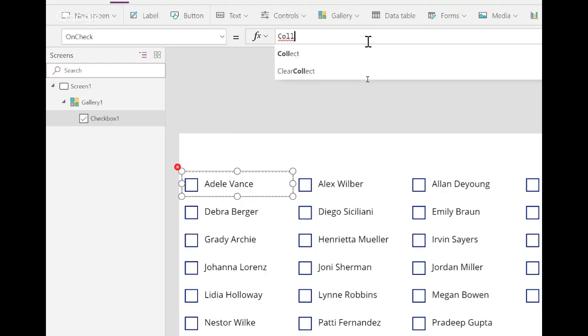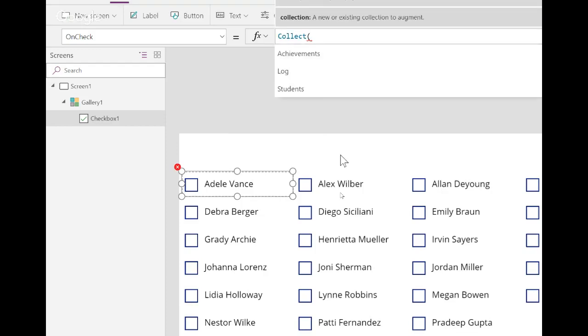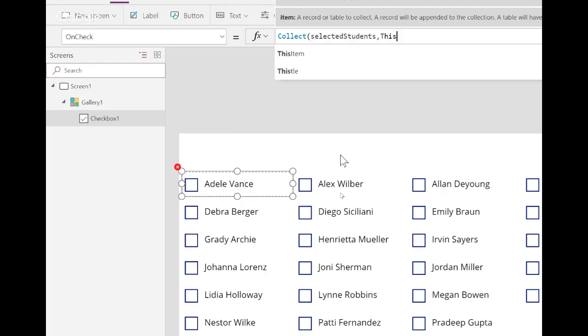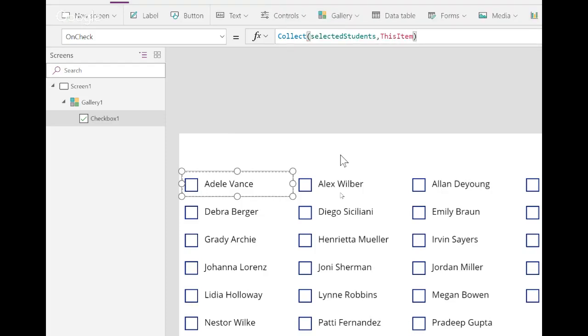The way collect works is I put down the name of the function, collect. I give a collection a name. I could call this group of things, this table, whatever I want. I'll call it selectedStudents. Here I'm using camel case. I want to collect this item. What this item means is, let me jump over to